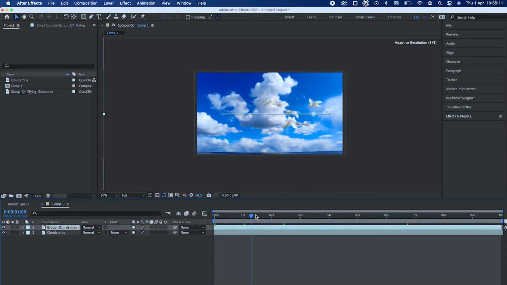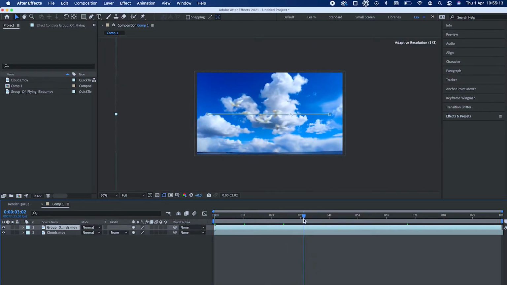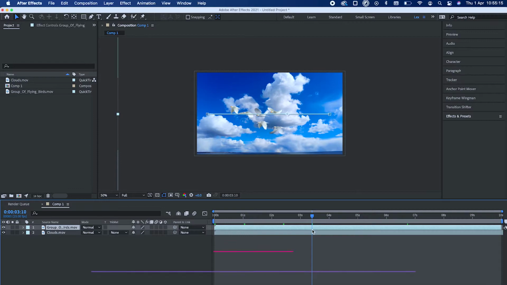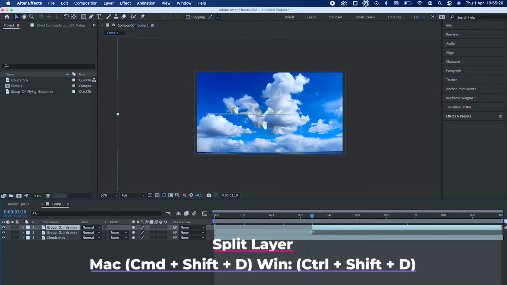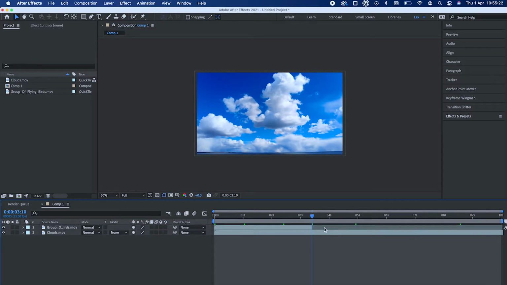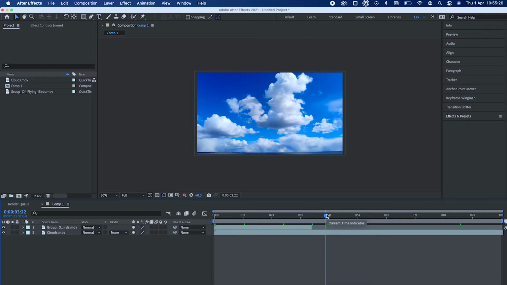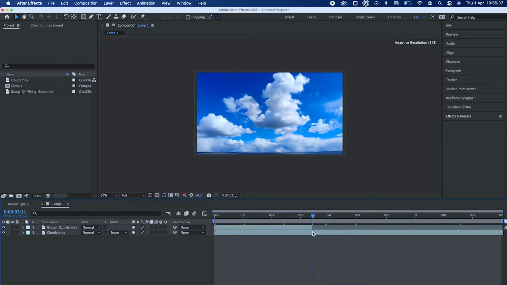So if I wanted to split our layer, I would scroll to the point that I'd want it to be, and I would hold Command, Shift, and D. That will split our layer here. And then you can either delete that to cut it at that point. But what happens is that After Effects remembers everything that makes up that image. So actually, even though I've cut it here, I can drag from this point to the end of the actual